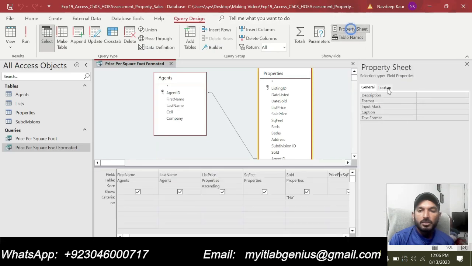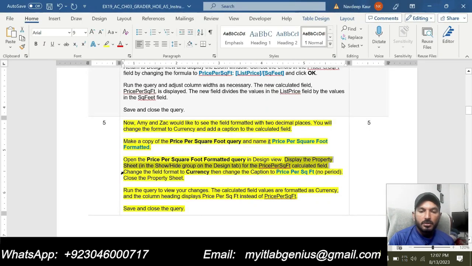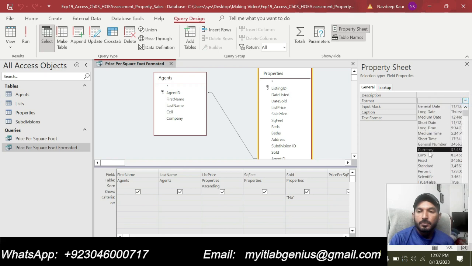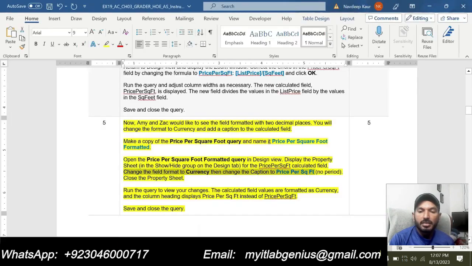Go to the property sheet. Change the field format to currency, then change the caption to price per square foot. Format should be currency. This one. And now we are supposed to write the caption and the caption should be price per square foot.